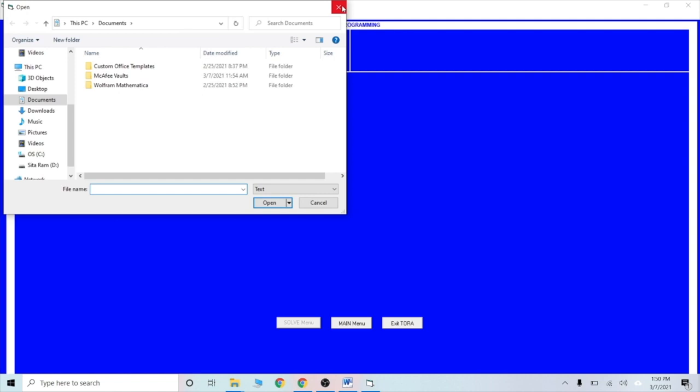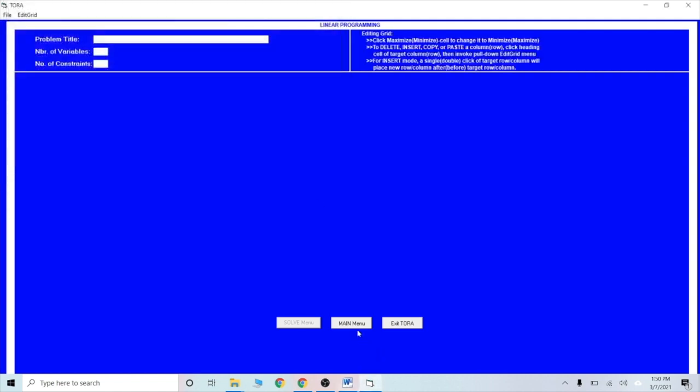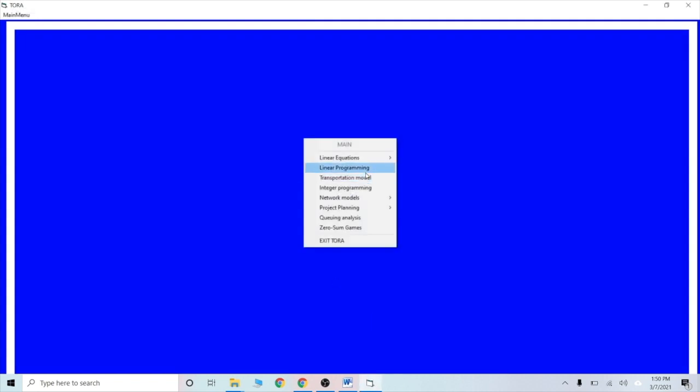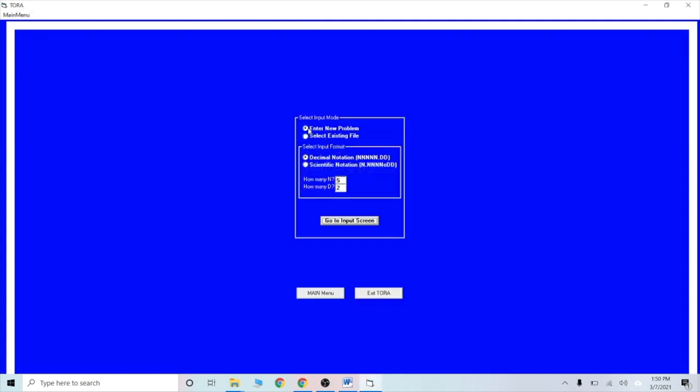Go to main menu, linear programming problem, enter new problem. Decimal notation or scientific notation: if you want scientific notation, click here, or if you want decimal notation, click here. I am using decimal notation.